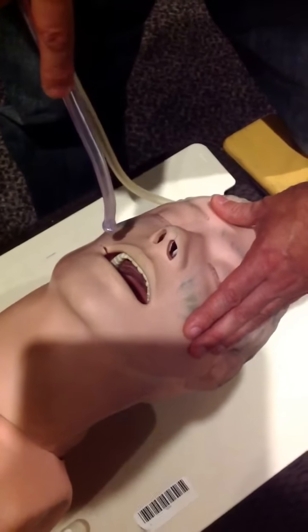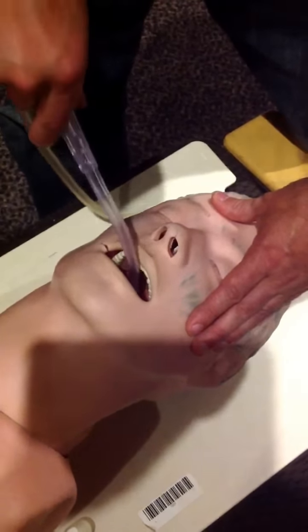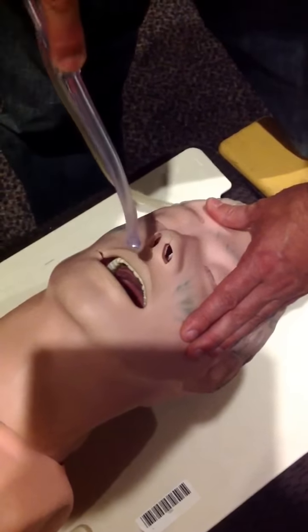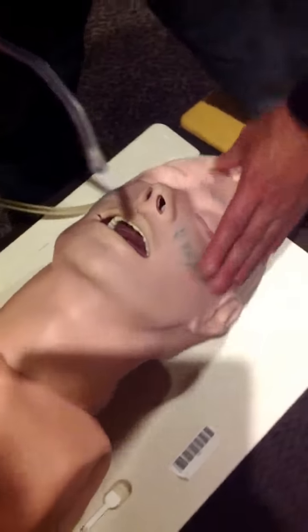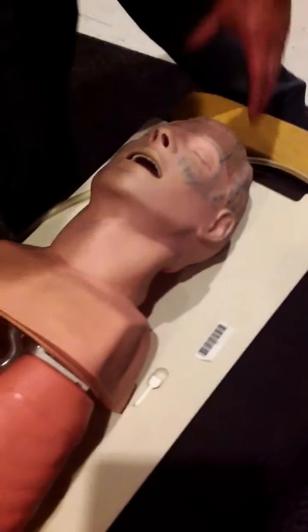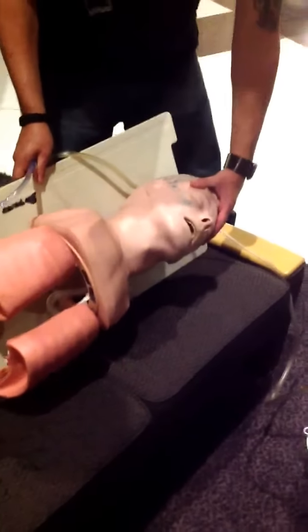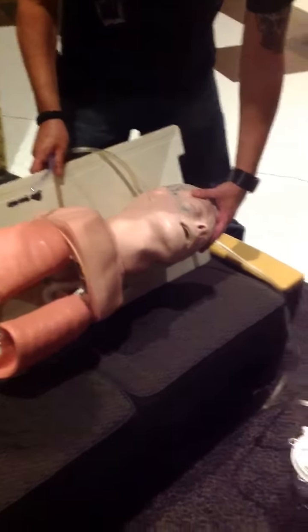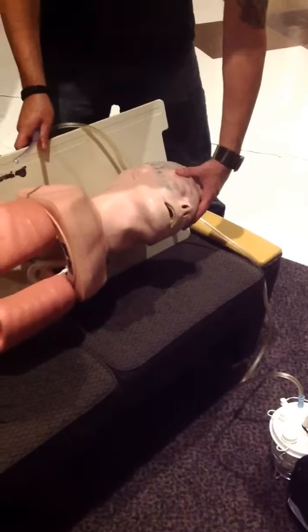You want to make sure you don't suction for any more than 10 seconds, as it could cause hypoxia in the patient, which is a lack of oxygen. The preferred position for suctioning is the recovery position, because again, suctioning is often required when the patient is vomiting, and the recovery position minimizes the risk of choking on the